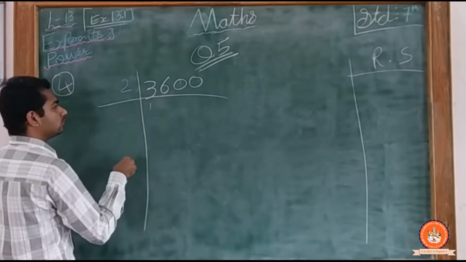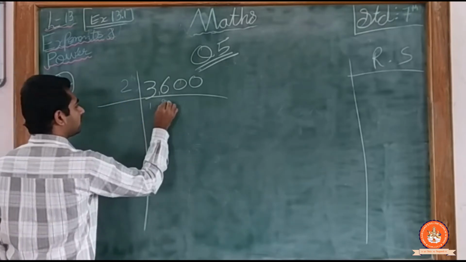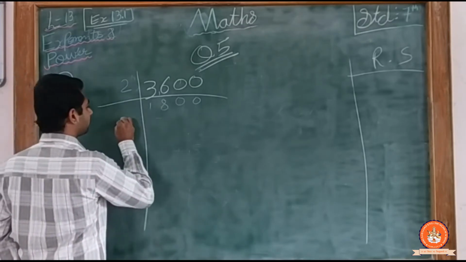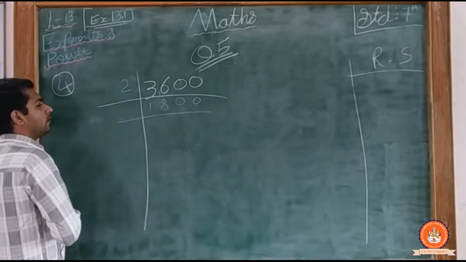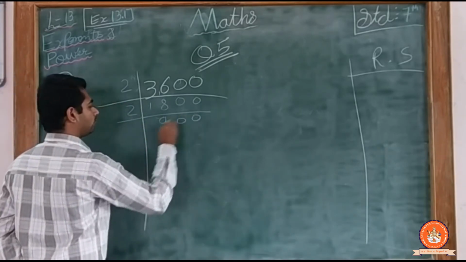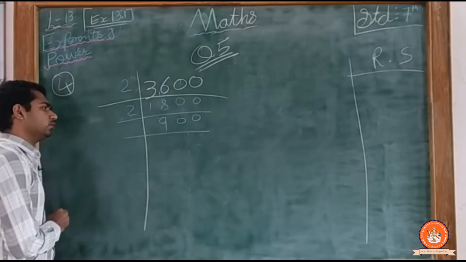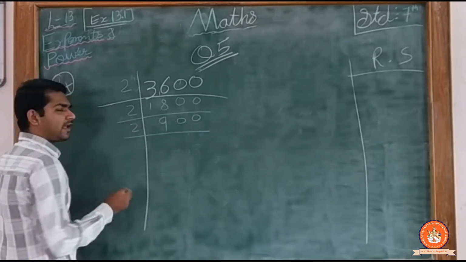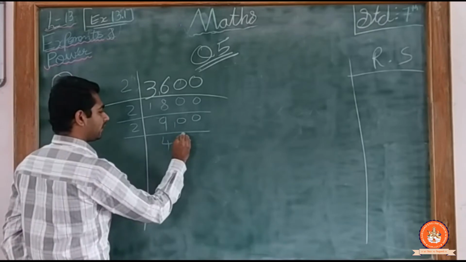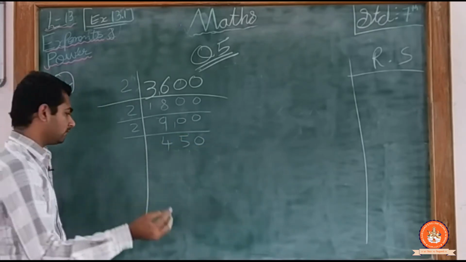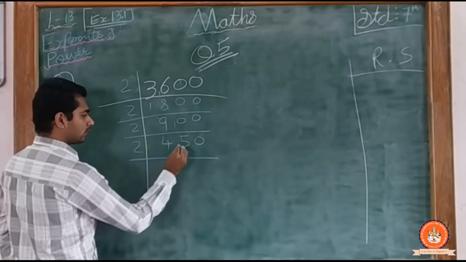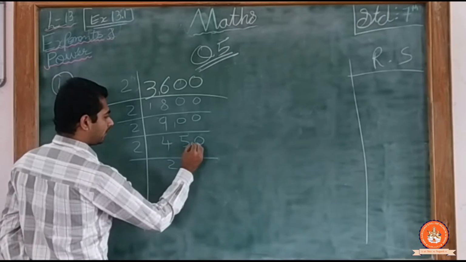So 2 ones are 2, plus 1 here, 8 2 is 16, 0 0 will come down. Clear? Now forward. Yes, 2 9s are 18. Clear? 0 0 come down. Again if I divide by 2, it is possible. Let's try it. Trying doesn't cost anything. 2 4 is 8, plus 1 here, 2 5 is 10, 0. Done. Move further. 2 2 is 4, 2 2 is 4, plus 1 is 5, and it becomes 10.